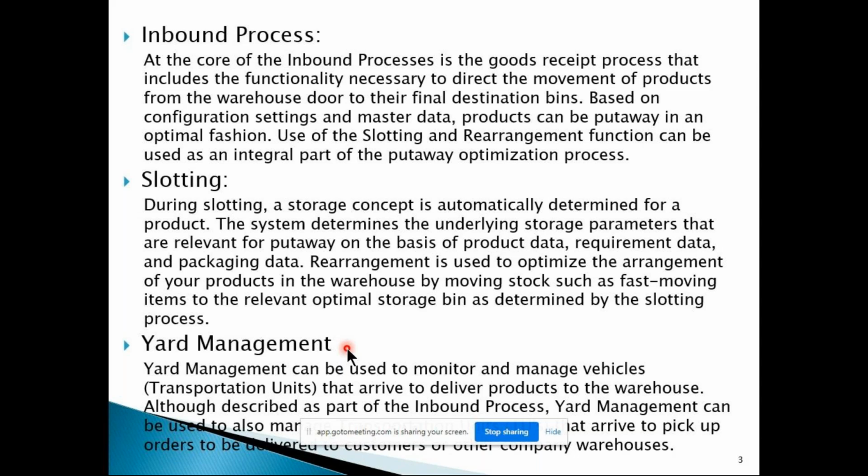Otherwise it is difficult, because it is all about how things physically happen and take place, how your logistics execution is taking place, how your operations are being executed physically. The same thing we have to map into the system, and that is what we're going to do. So what we are mapping in the system